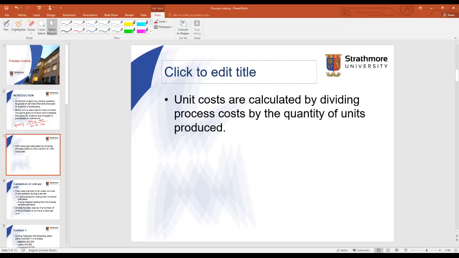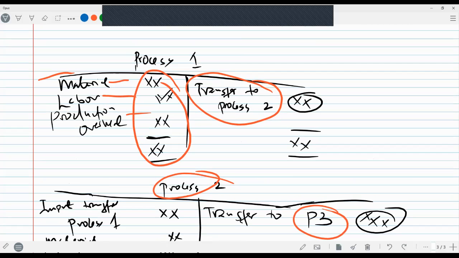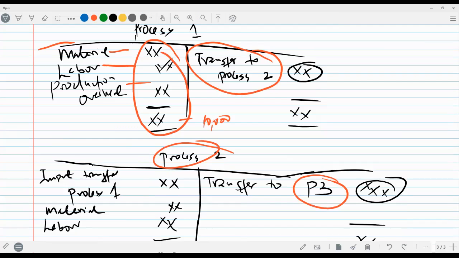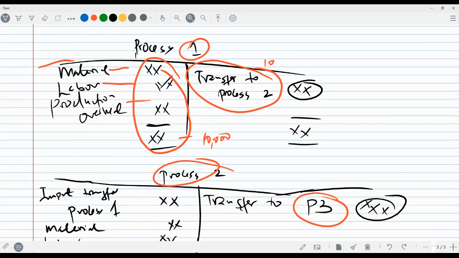So unit costs are calculated by dividing the total process cost by the number of units produced in that particular process. Not the entire process. Don't confuse; it is not the entire process, but that particular process. If, for example, let me just go back to the T accounts that we have just drawn there. If, for example, in process 1 the cost here is $10,000, and the output being transferred from process 1 to process 2 is, let's say,